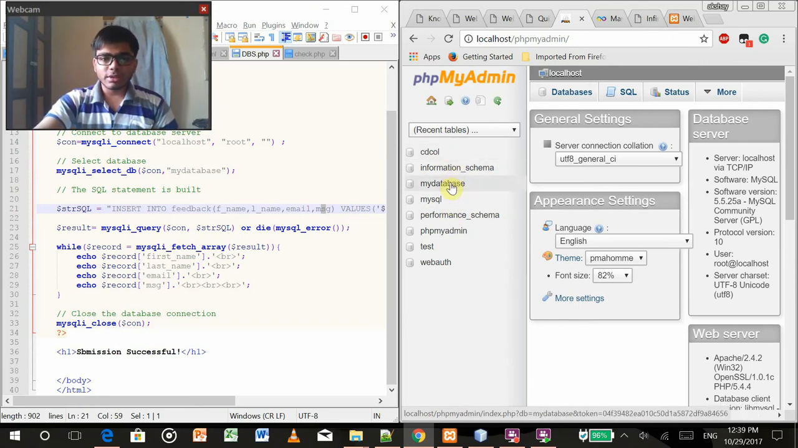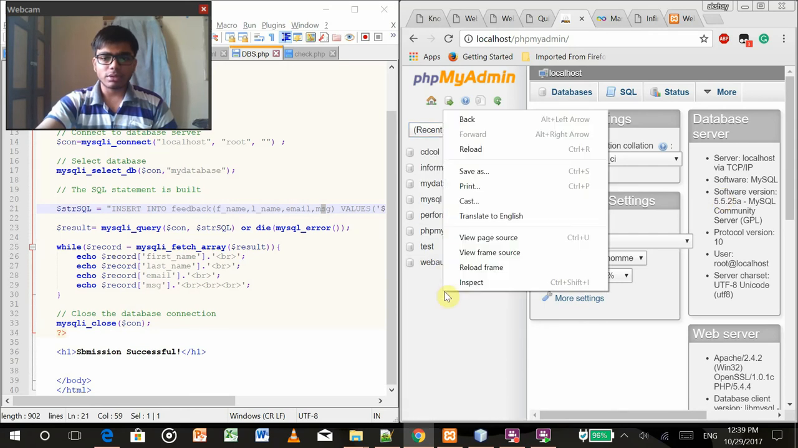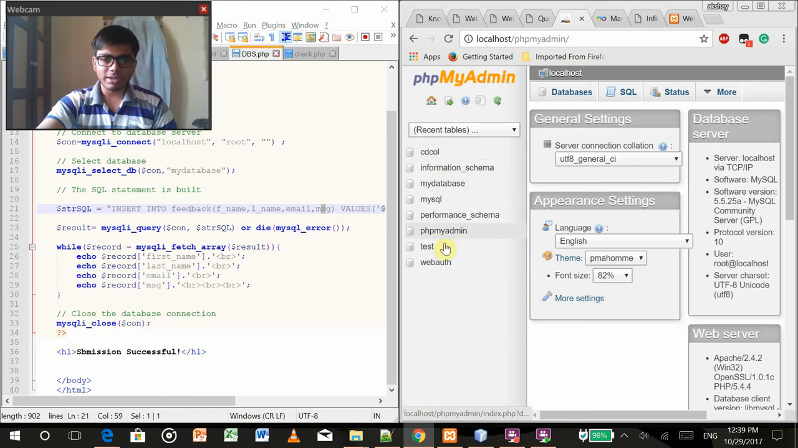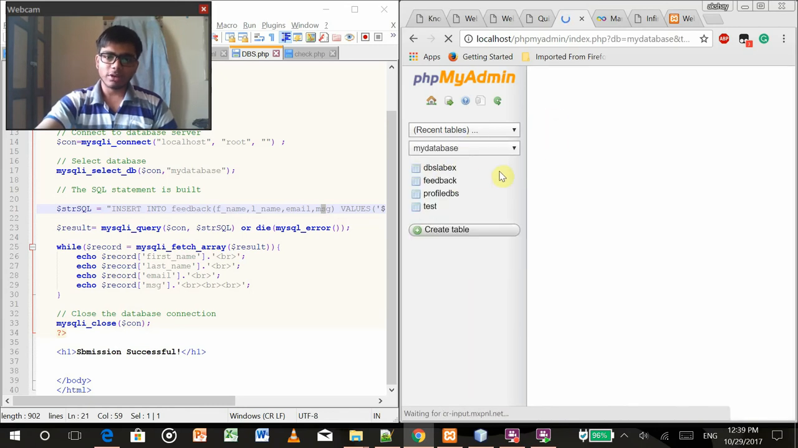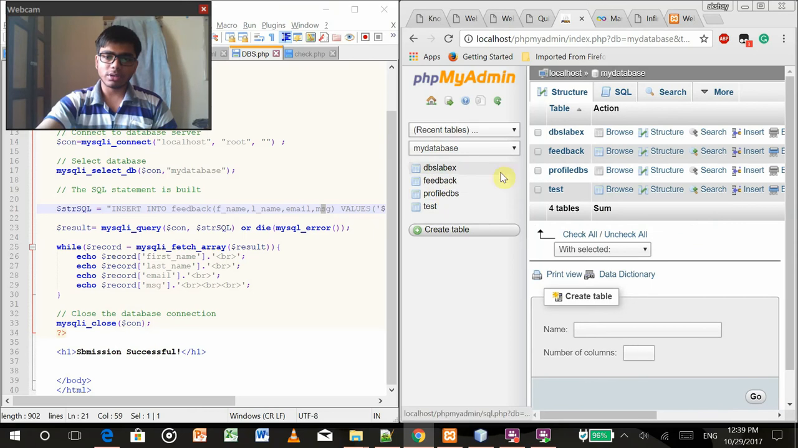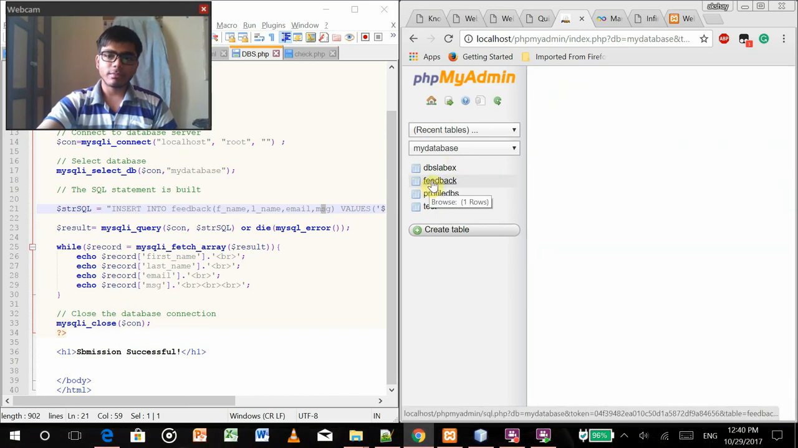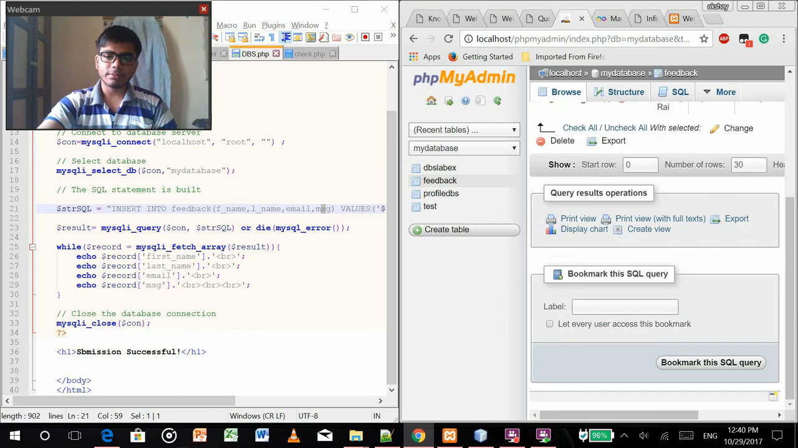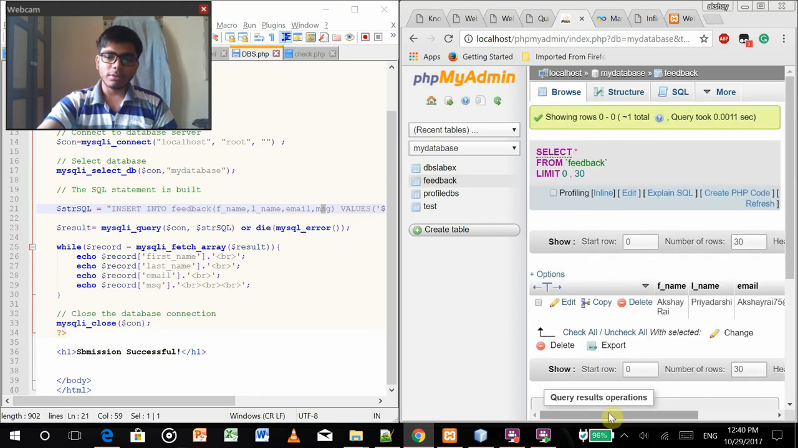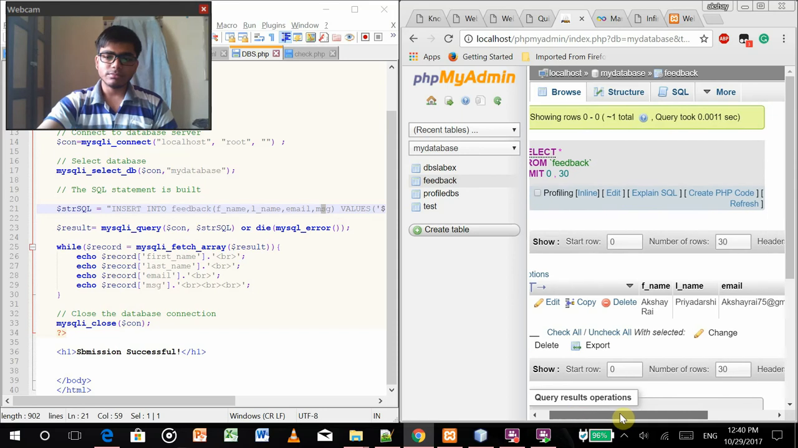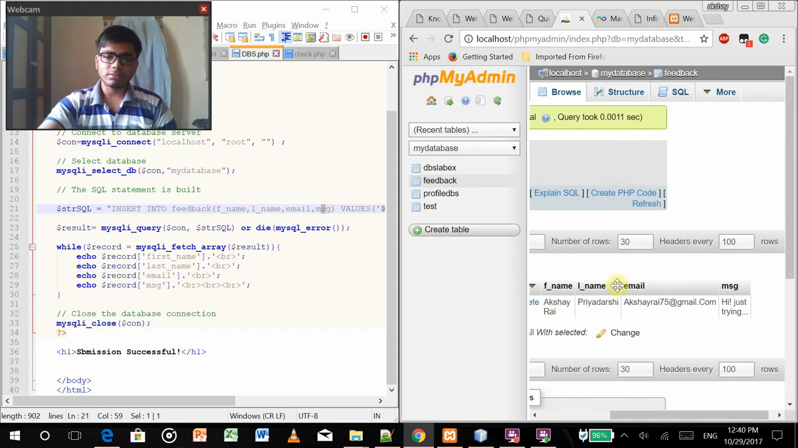Now for this you need to create a new database, so you can create a new database from somewhere over here, like right click. Okay, so you can create a new database over here. So my database name is my database. When you click on my database, there will be several options. So as you can see, there are tables over here, or you can create a new table. So I've already created a table named feedback. So if you click on the feedback table, you'll be directed to the feedback table. Okay, now feedback table will be having this one. There are 4 columns in the feedback table. So these are the columns,